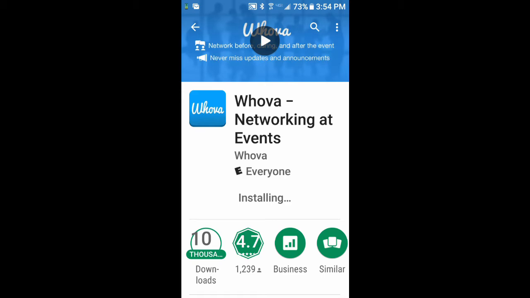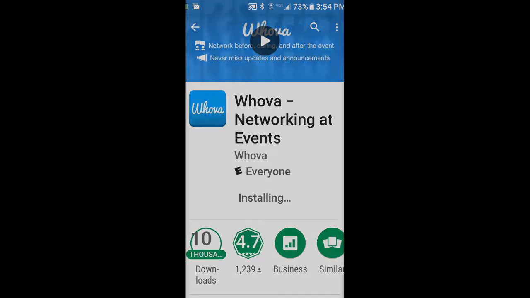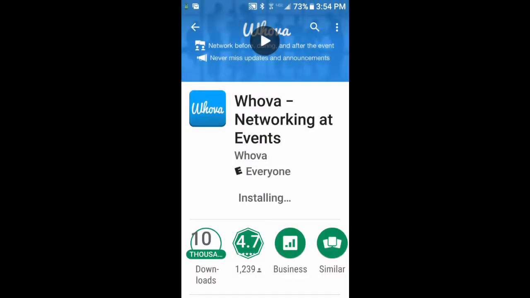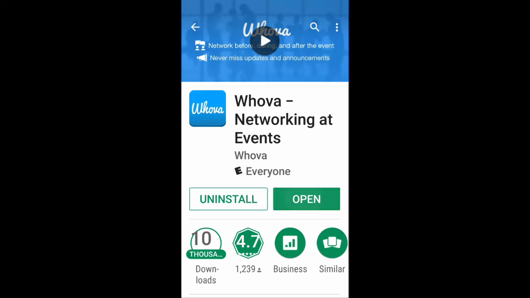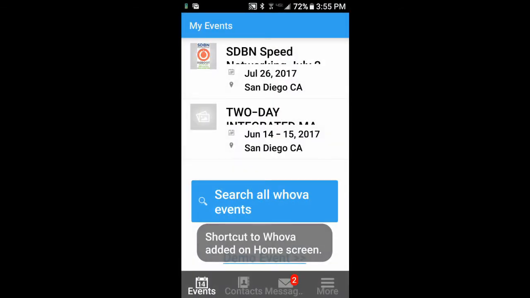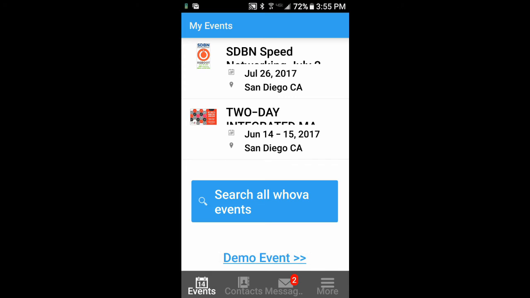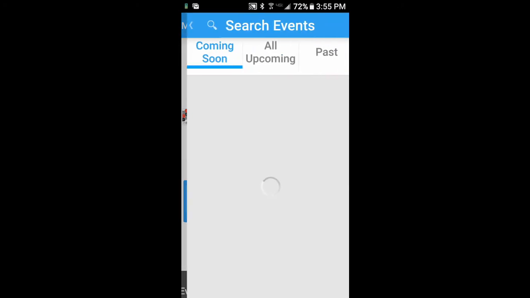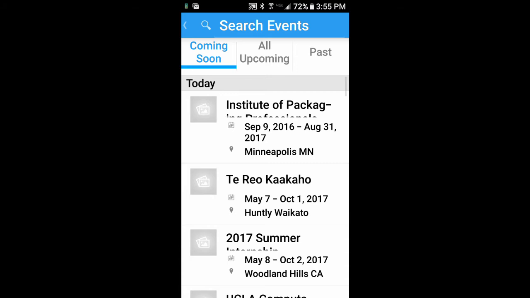This app will have information such as the map of the location as well as the agenda, so it will be very useful to you. You can also use it for other events. We'll likely be using it for all of our SDBN events going forward.